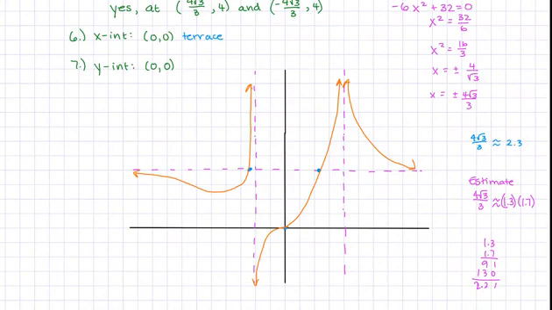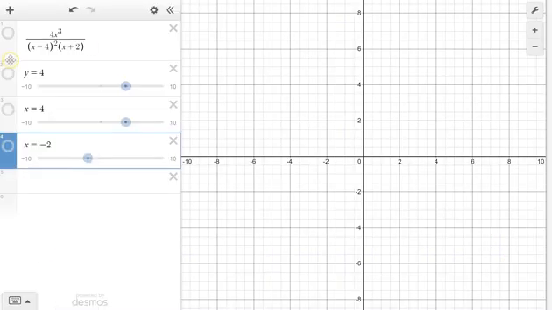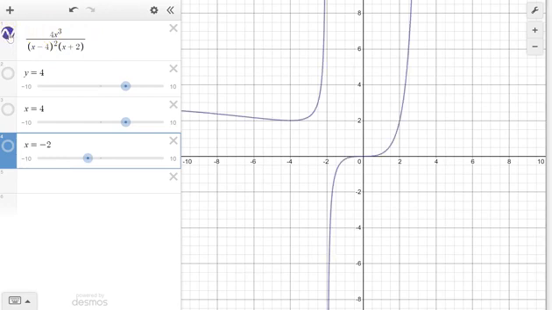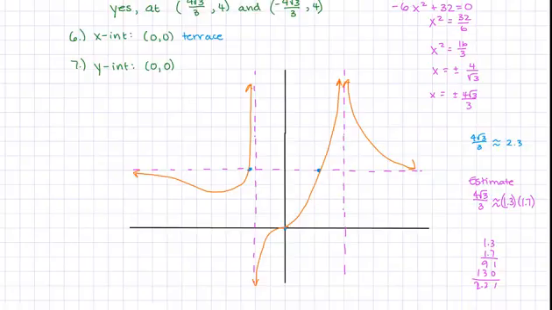So let me show you really quickly on Desmos, this particular one, because I want to show you that with very minimal information, we were able to get a pretty good graph. Okay, so right up here, you can see I have the function typed in. Now, at first, when I hit this, that kind of looks like what we have. Let me go back to our graph. This is what we had. Now I can see a terrace at the origin, and I have this shape on the left,